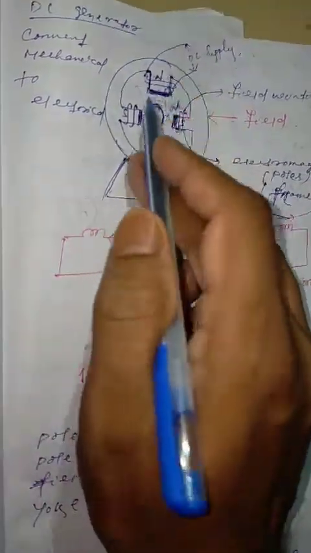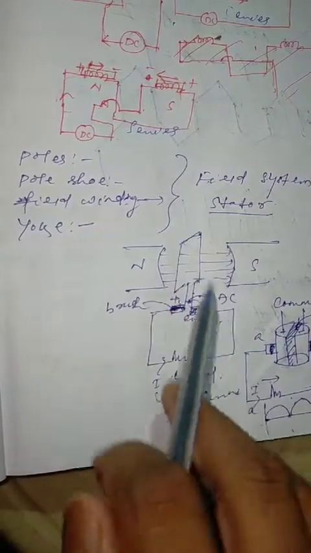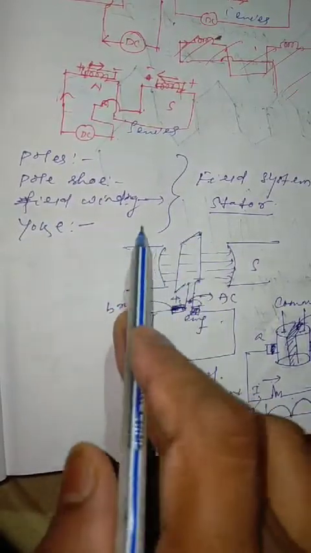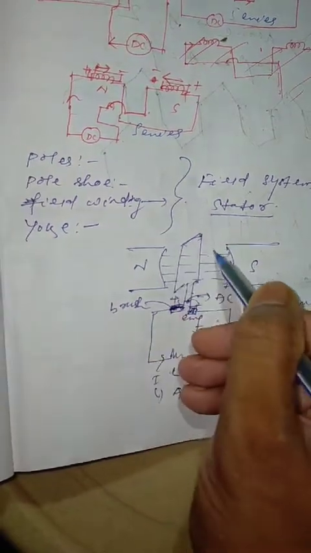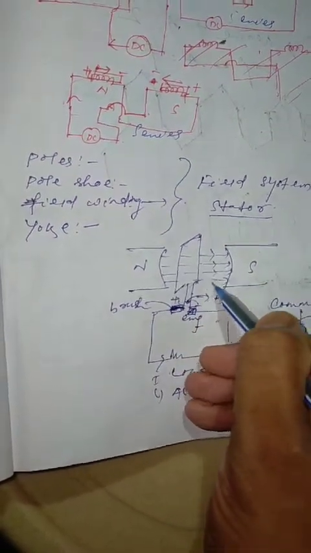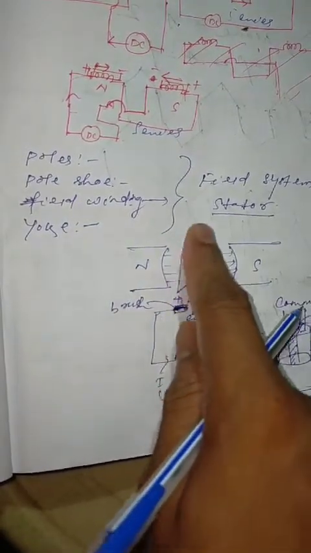So once the rotor is rotated, along with that the rotor conductor also will be rotated. So what I will do here, I will take a single conductor. Suppose I do have two poles, north pole and south pole. As all of you know, the flux will be created from the north pole, thus that will be moving towards the south pole in this way. Next we do have a conductor like this.